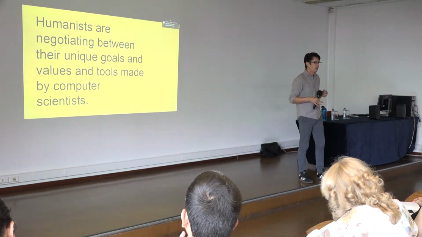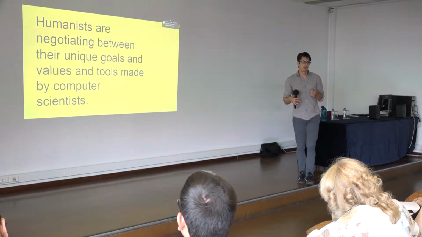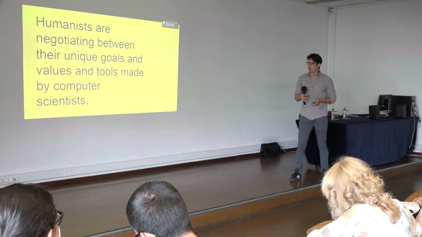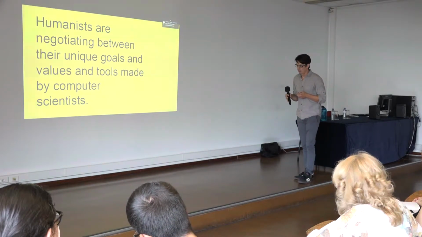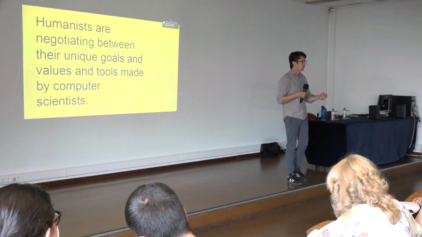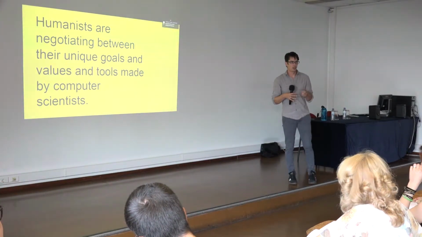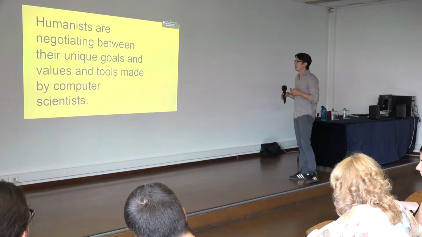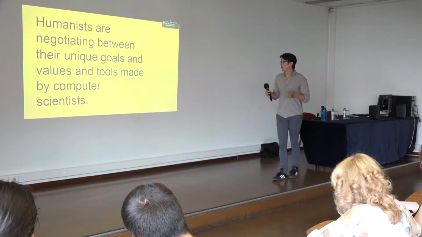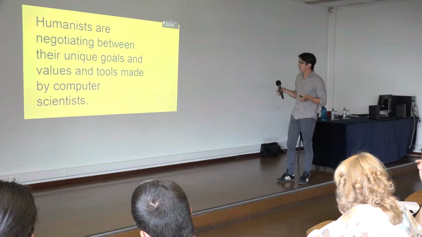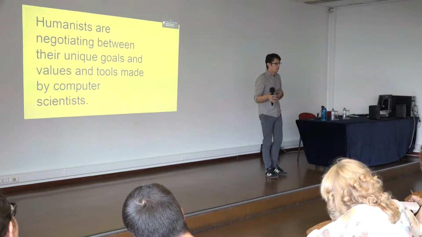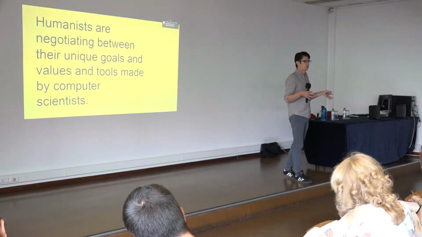So we have this strange idea that using digital tools is a route to doing cultural criticism, and that these things are going to work together. And I think one thing that's important to think about in relation to that goal, as people are still trying to figure out how to do this, is that there have been a lot of suggestions that people do this and fewer examples of how it's done. And so I think it's important to remember that humanists are still actively negotiating between their unique goals and values and these digital tools that are made by computer scientists. Because humanists and computer scientists tend to think about the world in somewhat different ways.